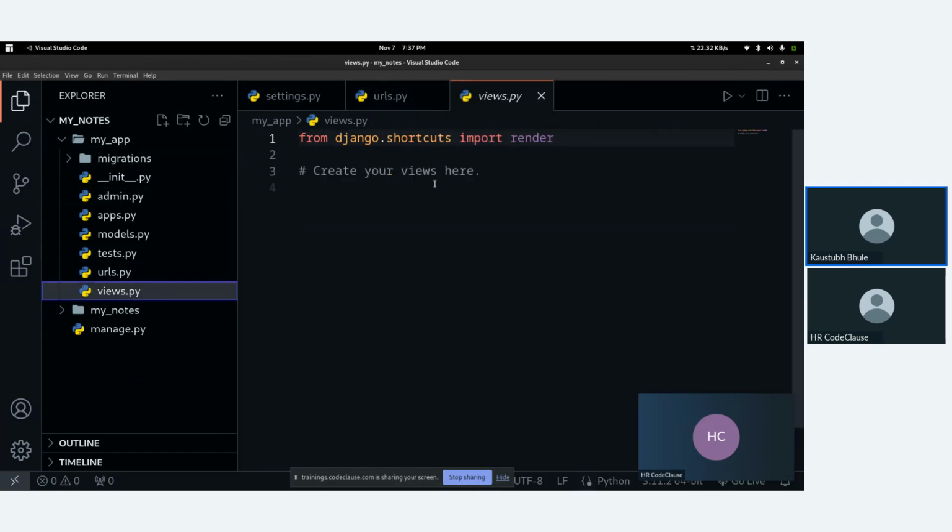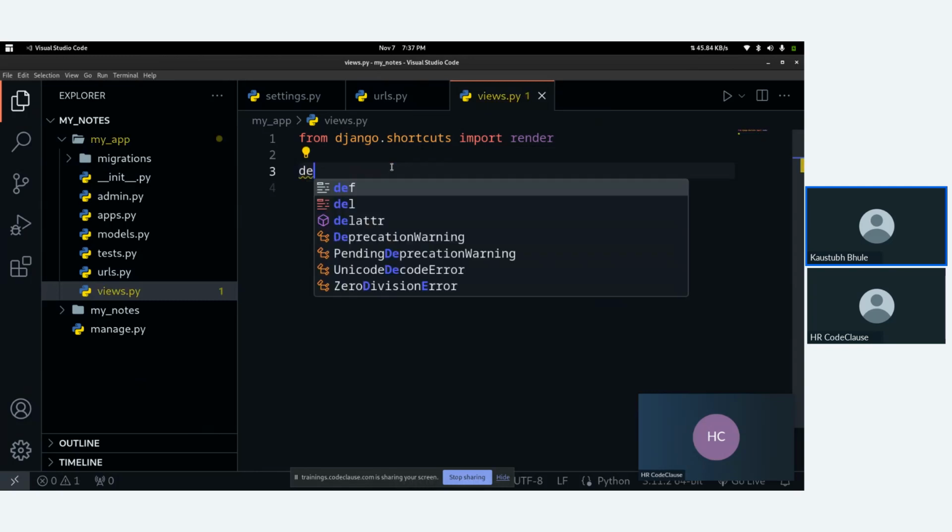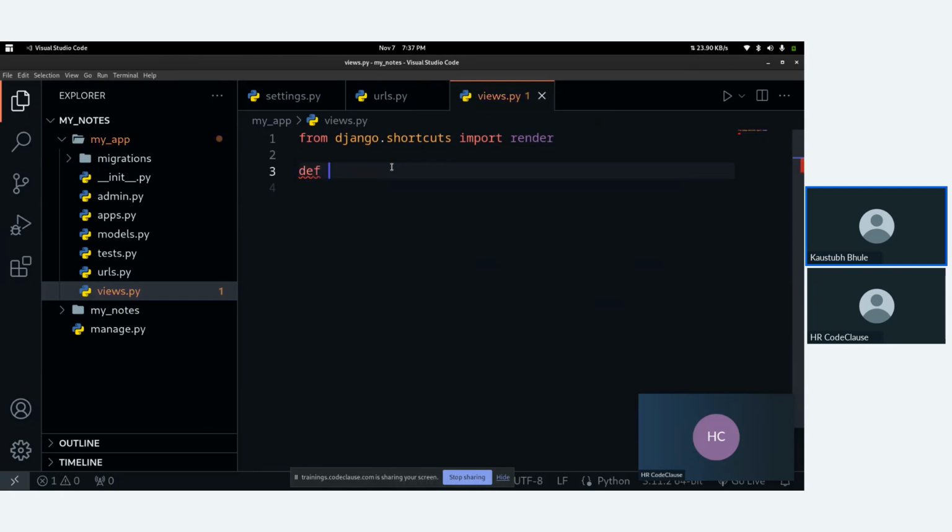Inside our views, we will write code which will get executed after visiting that specified URL. You already know how to create simple functions in Python, which we can do using the def keyword. So I will just do def hello. Initially, we are just creating a simple hello world application. So def hello followed by request.